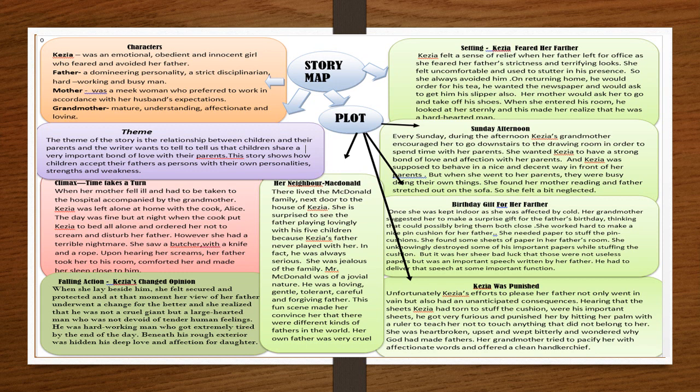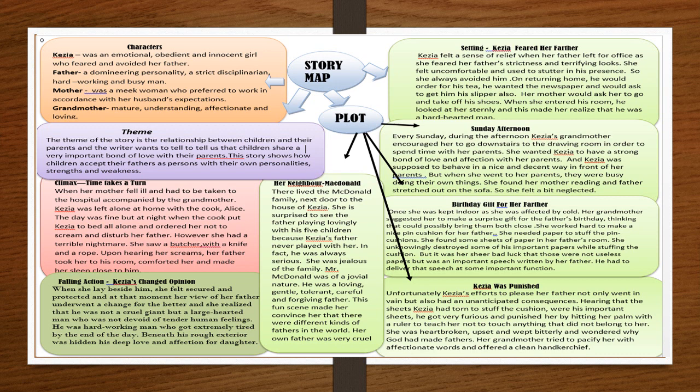Now, students, with this, we have almost covered the 3 important elements of the story, that is the setting, the plot, and the climax. Now, talking about the theme of this story, the theme of the story is the relation between the children